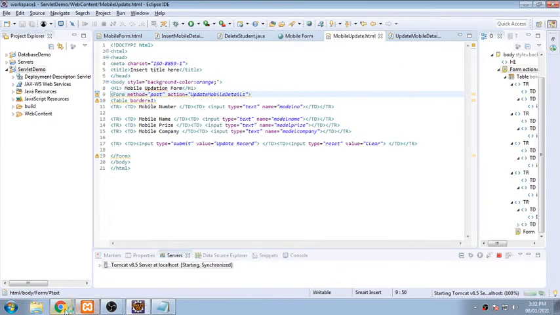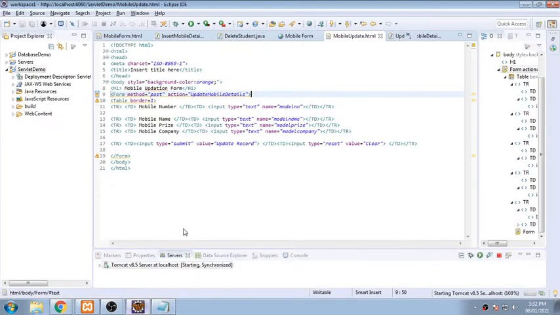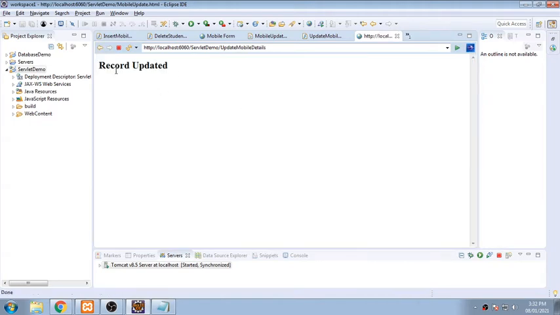Before that I will be checking into my database what all fields are there. So I need to update a record like this. So 1001 will be changing from Vivo Z1 Pro to Oppo Z1 Pro. Okay, let it be. And we'll be changing the cost also from 15,000 to somewhat different. So record number 1001, we want to make it Oppo Z1 Pro, and the price should be 14,000 only, and company will be Oppo, and I will call it as new. I am saying updated. So record updated, and we'll check into the database whether it has happened or not.